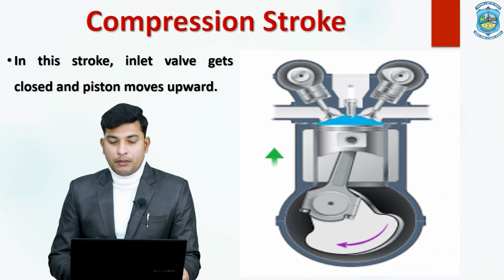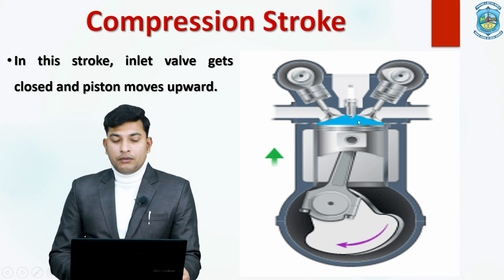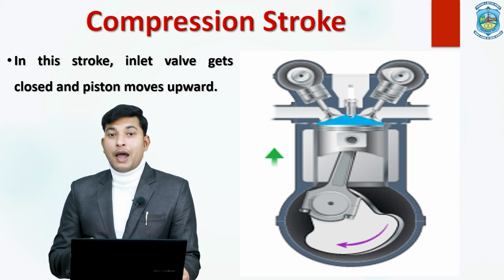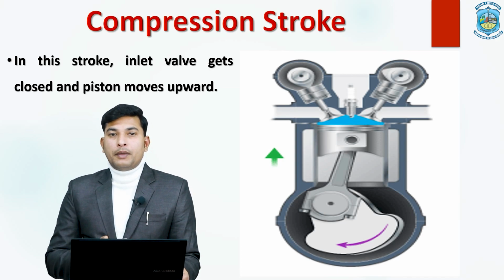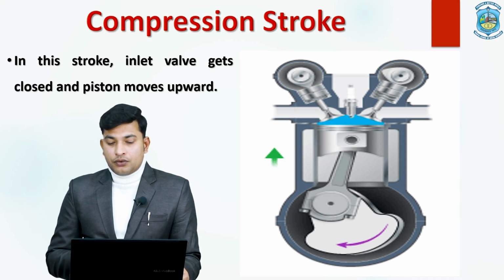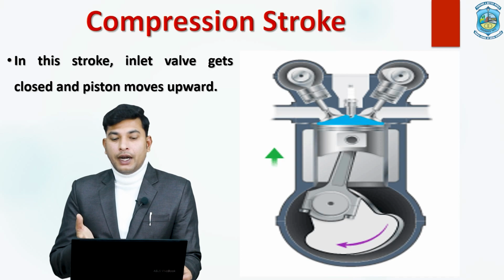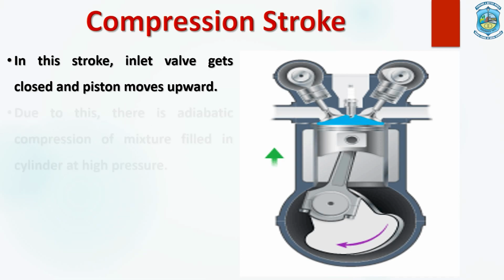The next one is the compression stroke, in which, since the cylinder has been filled, the piston will now go upward. In the previous step, the piston was going downward, so it was getting empty. Now it is filled. The second one is the compression process. The air and petrol vapor mixture coming from the carburetor has to be compressed. So the piston is now going in the upward direction and compressing this mixture continuously, and because of this compression,